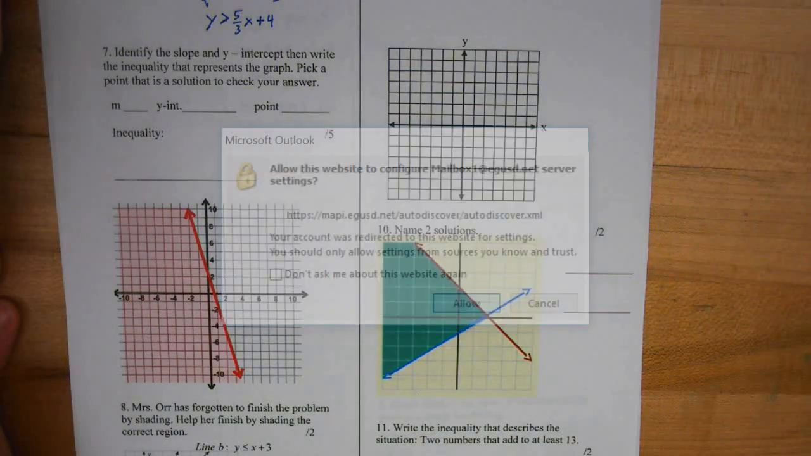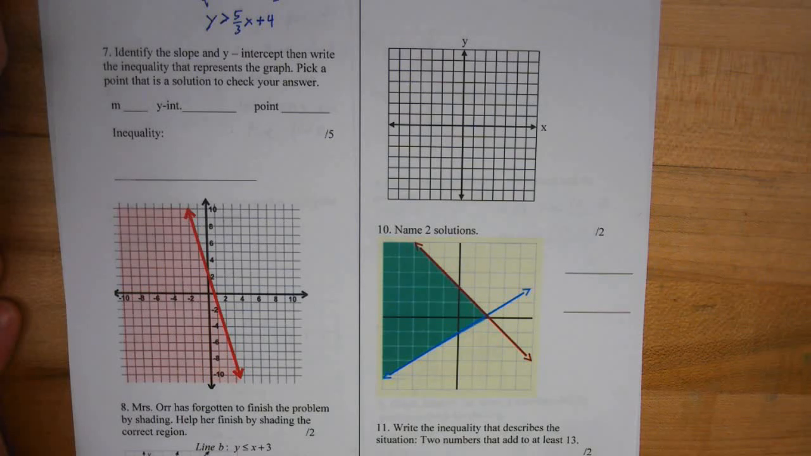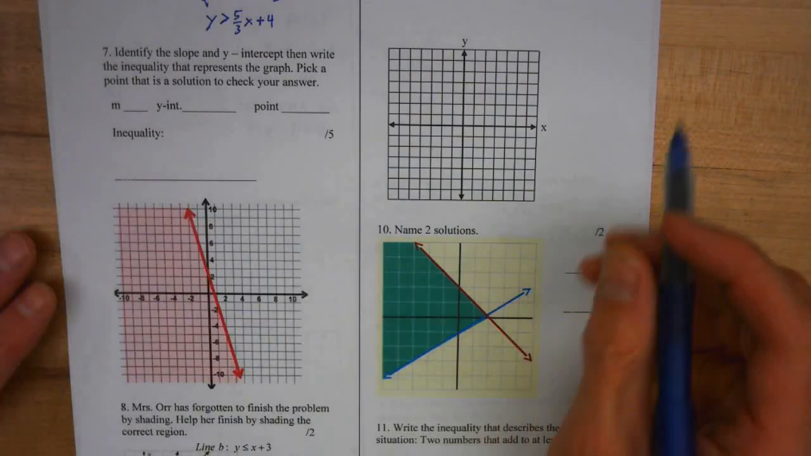Why does this keep popping up? Okay, it's kind of the same procedure. And then,